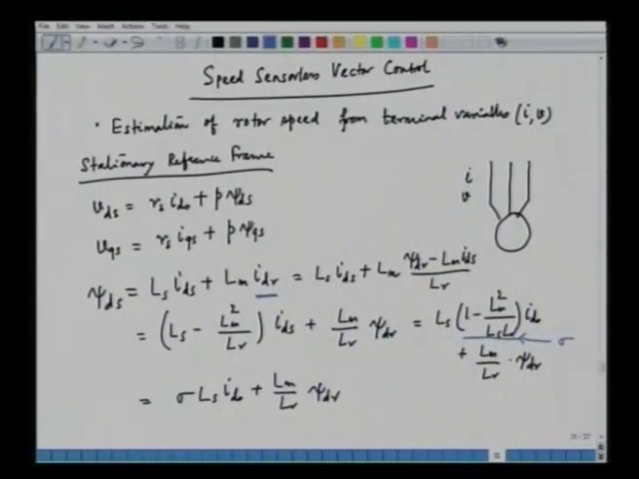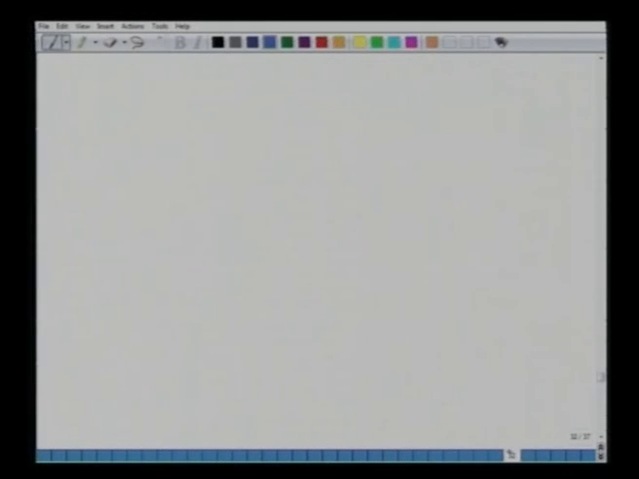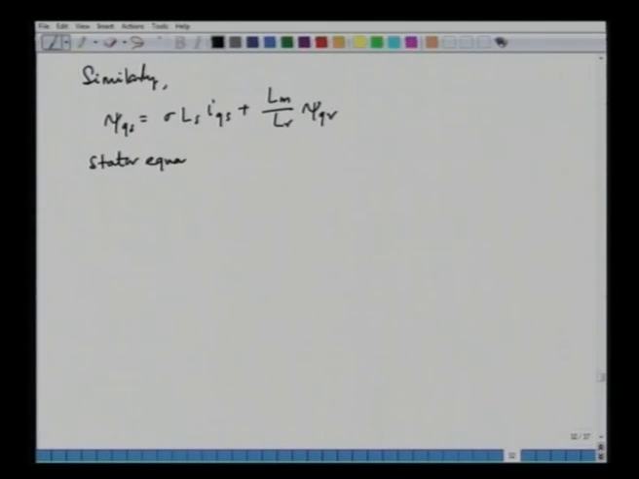So exactly in a similar way we can write down for the q axis. So we can say here that in a similar fashion we can say here psi qs is equal to sigma into Ls IQS plus Lm by Lr into psi qr. So we can substitute this in the stator equations and simplify the stator equations. So we can say the stator equations that we have already written,